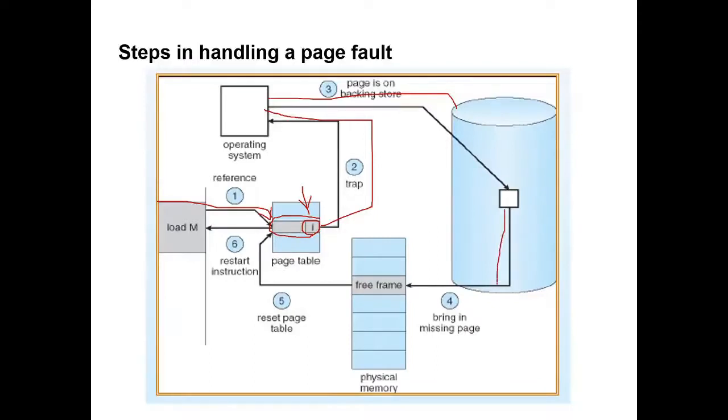It searches for the page in the secondary memory and loads the page into a free frame. If there is no free frame available, then it will swap out an old page or a low priority process's page, and the newly requested page will be swapped in. The latest entry will be updated in the page table, in whichever frame that page is stored, and the operating system restarts the execution once more. This is how the operating system handles the page fault.